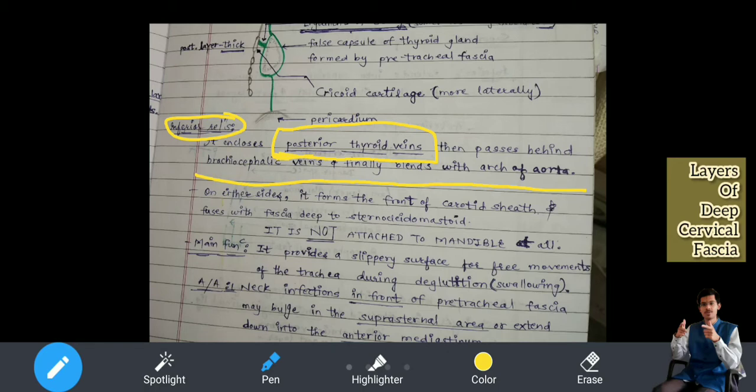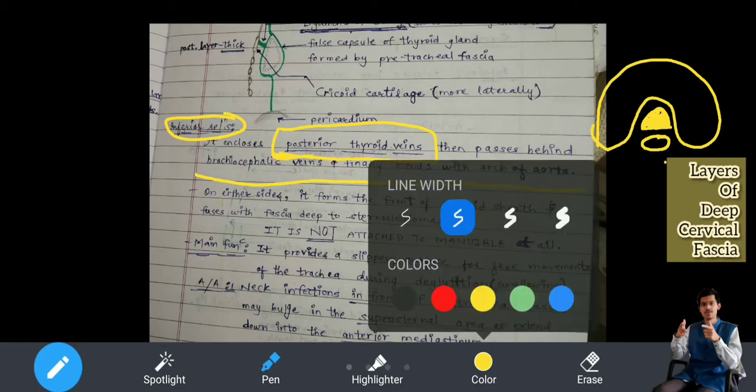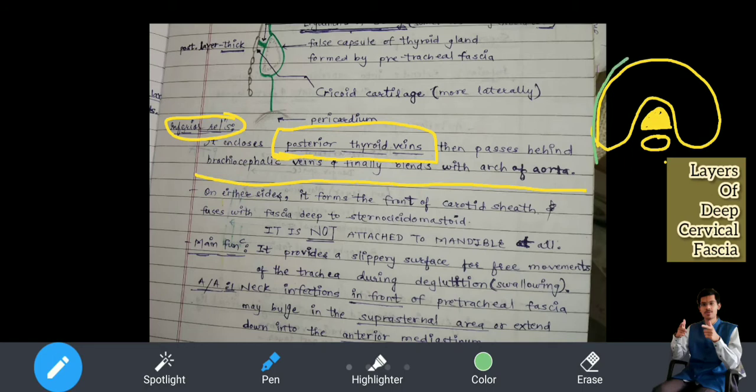See, if you can imagine, this is the thyroid gland, for example. Behind this is the trachea, behind this is the esophagus. I will color the trachea completely. Okay, we will try to draw it in the C shape. Okay, this is the trachea and this is the esophagus behind. Now, we saw the extent. I will use the green color. We saw the extent. It is like this. In green color, I am showing you. It is like this. Okay.